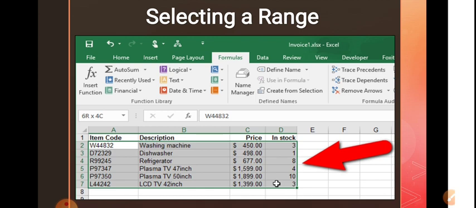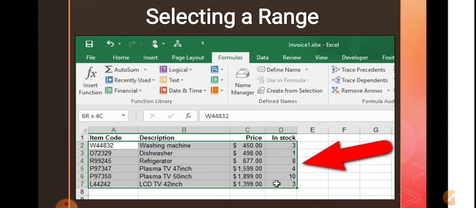Next, selecting a range. Now what is the meaning of selecting a range? Yes, anybody knows? I will tell you. A group of selected cells is known as a range. Like a group of people or a group of friends, I am giving you an example.